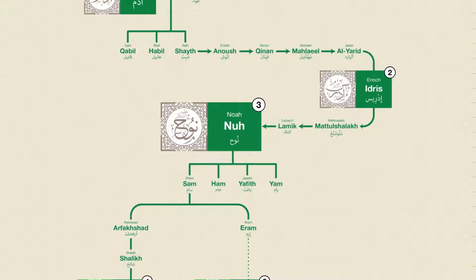Nuh, of course, is best known as being the man who built the ark and who thus survived the Great Flood, along with a few other humans and a bunch of animals. One main difference between the Bible's version and the Quran's version is that in the Quran, Nuh had 4 sons instead of just 3, and that his 4th son drowned in the flood, as well as Nuh's wife, in both cases because they did not believe Noah's message.